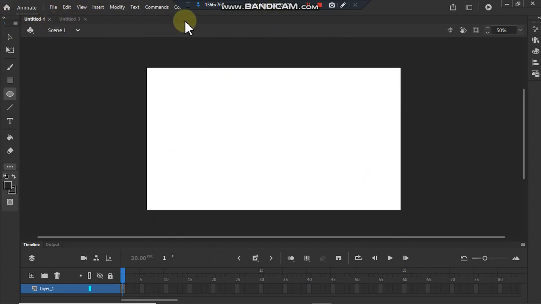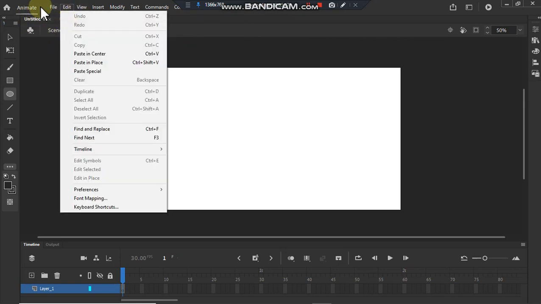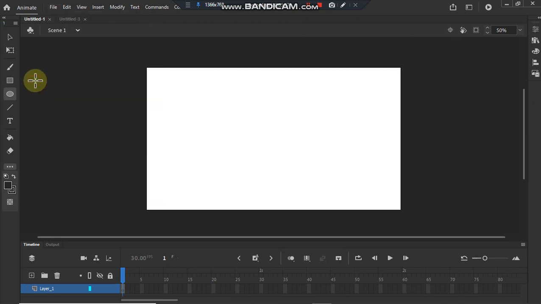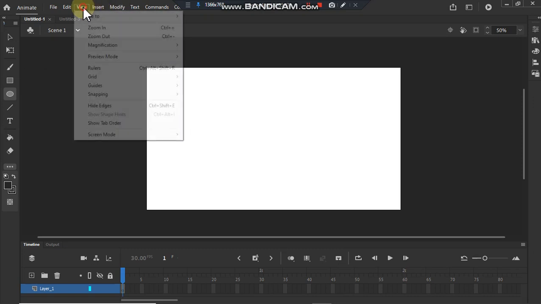It provides control over common functions like opening, closing, and saving the document. You can access these from the file menu: open, close, save as, etc. Some other features like copying, pasting are also available here. And I have already shown you how the view function works.